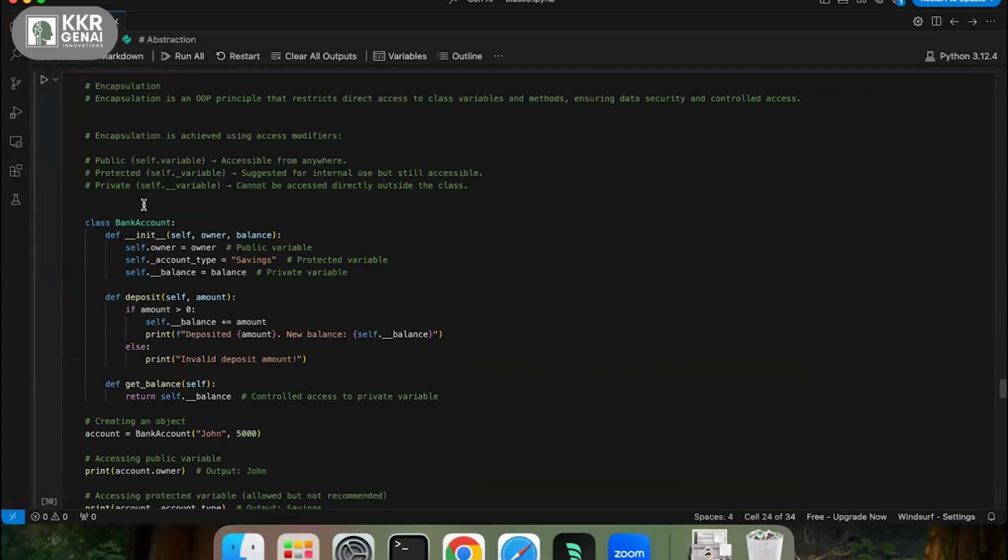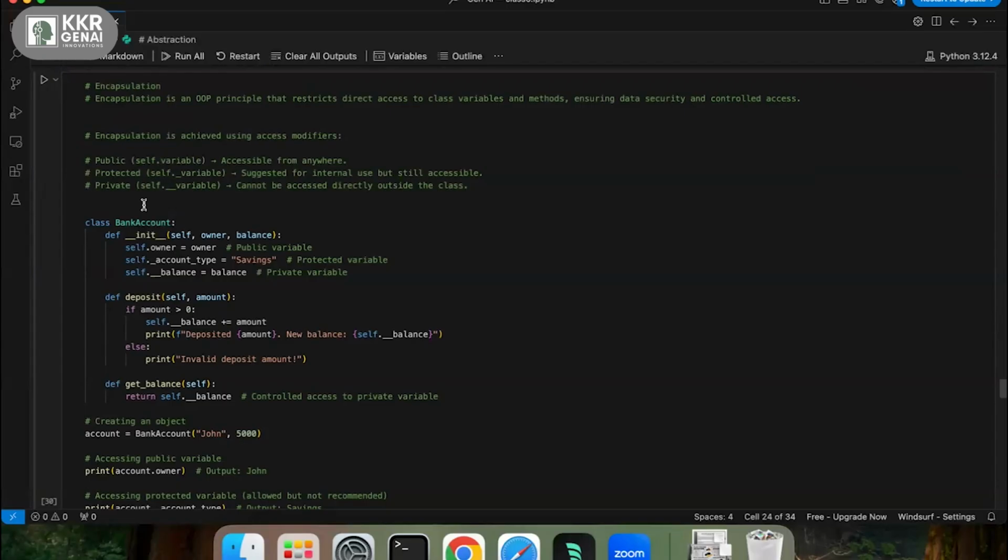If a variable, a method or a class is declared as public, it can be accessed from anywhere. Let's say you are creating two or three packages, you can import that package and access that class or that variable from anywhere.